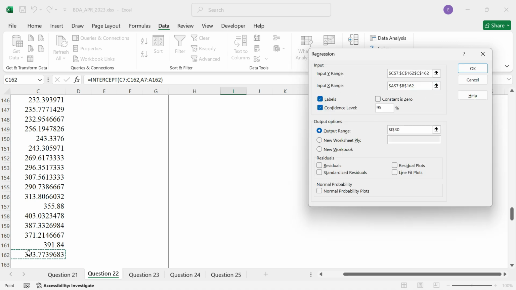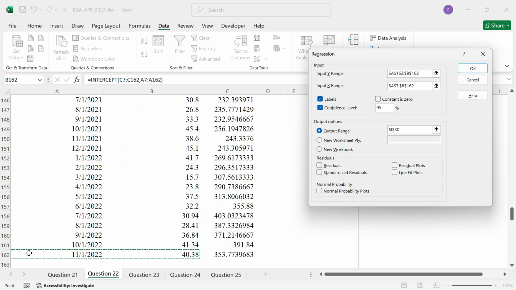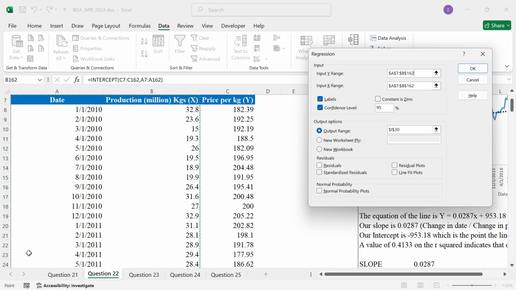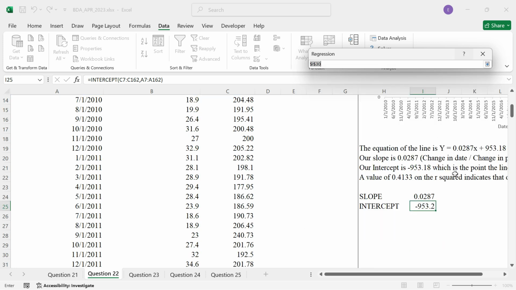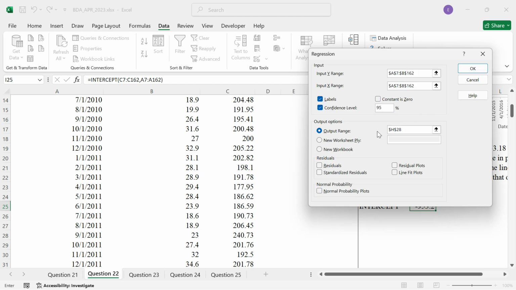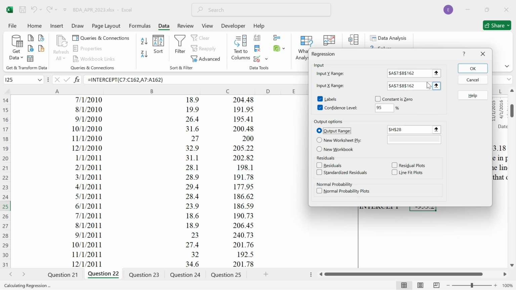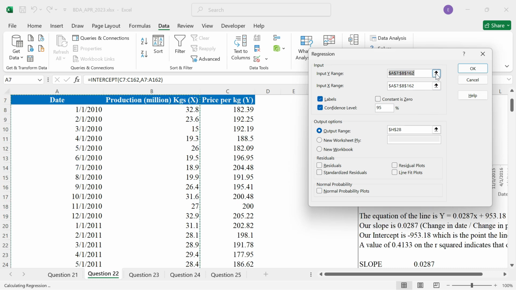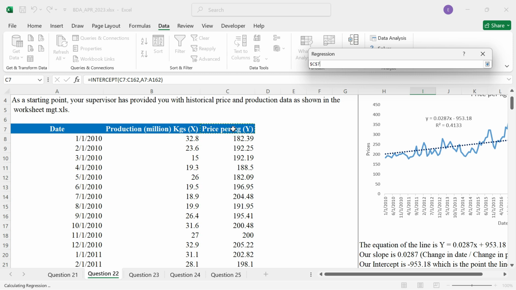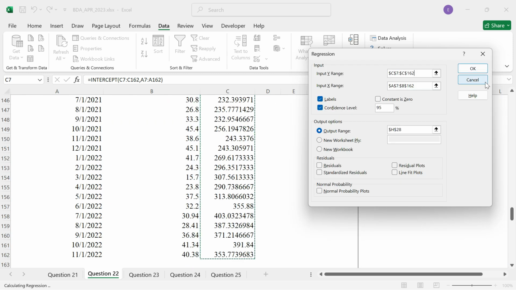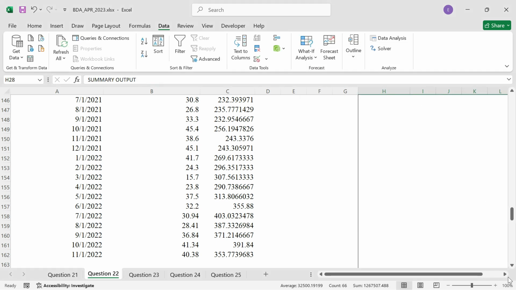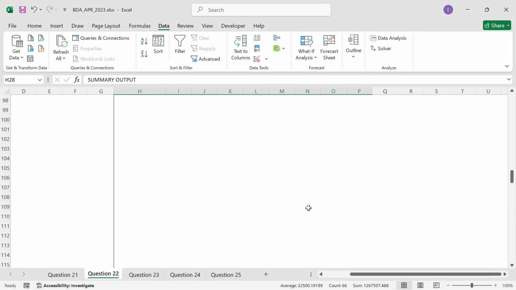My X range is my production and my dates, control shift up for both columns. Yes, I have labels. Yes, I want a confidence interval, and my output range, I want that to be here, just below my other work. Since I have selected the wrong rows, my Y range should just be the price range. Now if I press OK, I have my outputs,